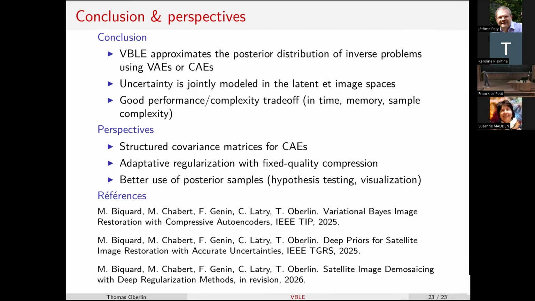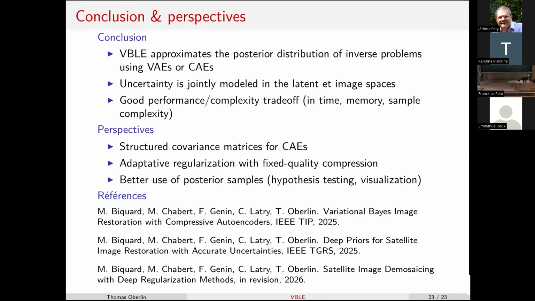So I have an easy question. What is the size of the image? It depends, because the original size is like 20,000 by 20,000 pixels. But of course, we crop the images. And since our architectures are fully convolutional, we can input any size. But the limitation is the memory of the GPU. So here we crop the image by a size of 512 by 512. But if you have a bigger GPU, you can have bigger crops.